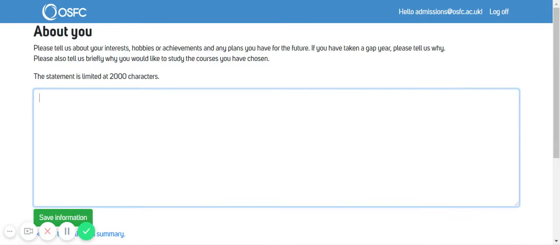Here is where you're going to write your personal statement. So this is information about you that you feel is important and relevant to your application. So for example, if you are interested in a particular career in the future, any hobbies or interests. So if you play a team sport, if you are a keen dancer, any awards you might have got from school, so have you got 100% attendance, anything that you think is interesting or relevant, make sure you write it